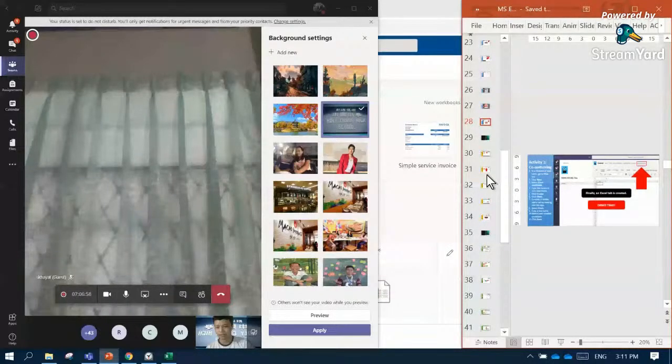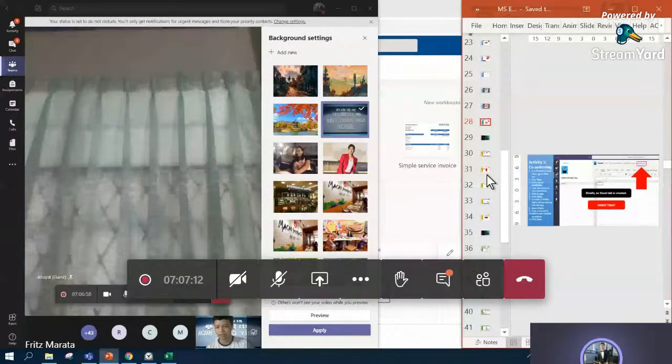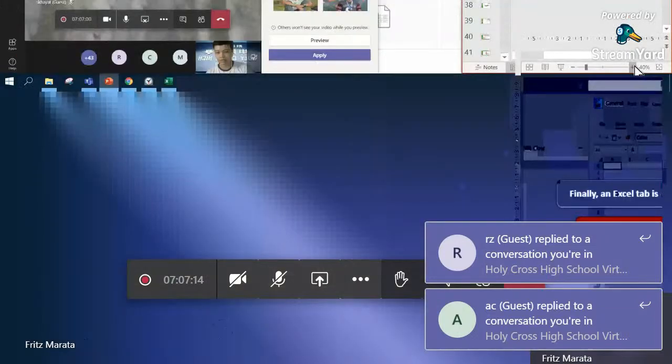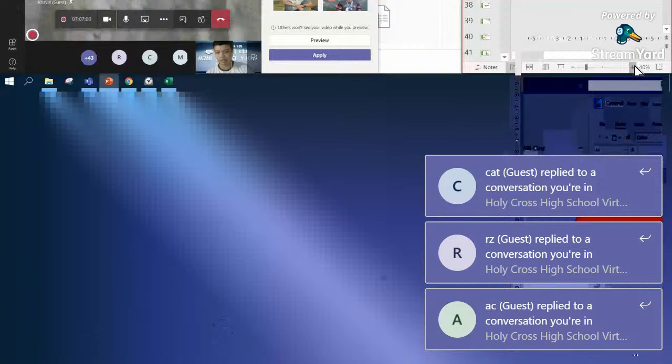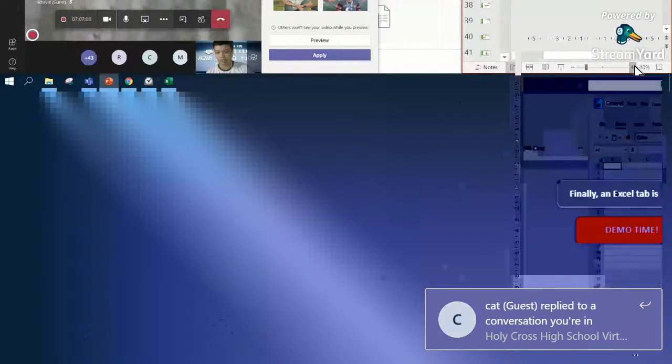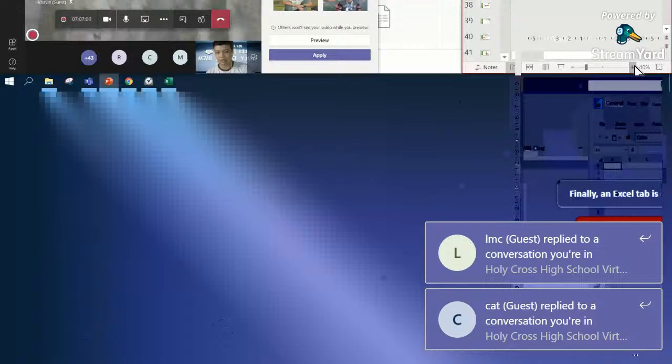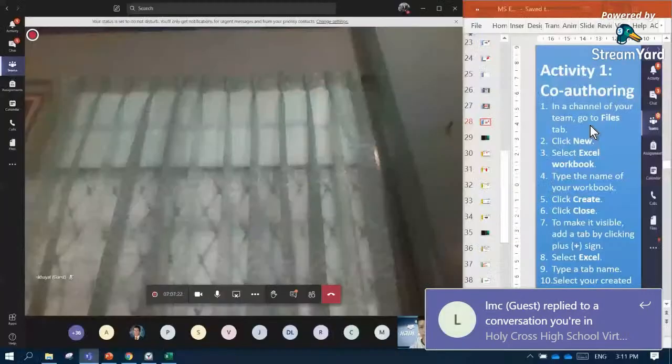Here on my left, I have my Teams application, and on my right, I have the steps in creating an Excel workbook for co-authoring.